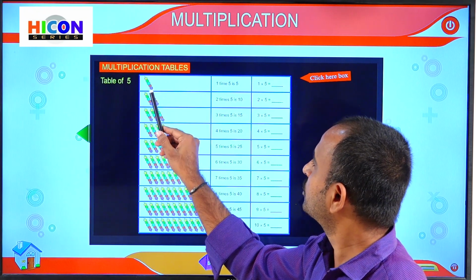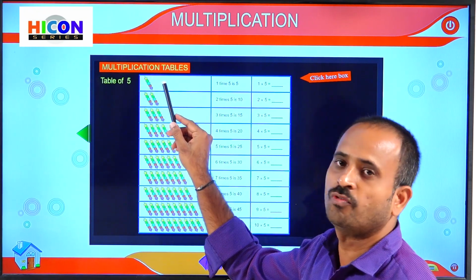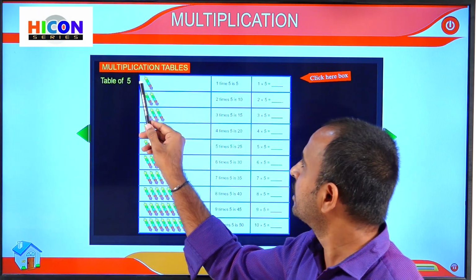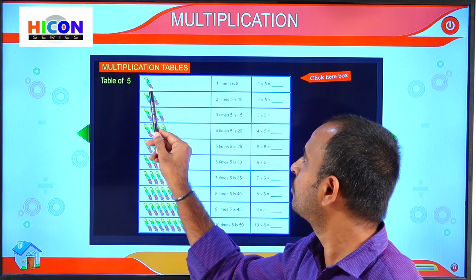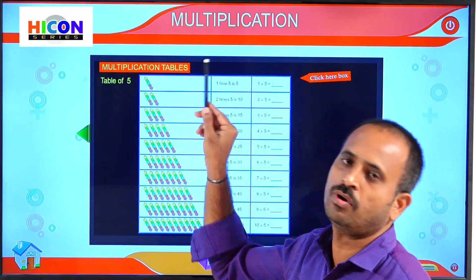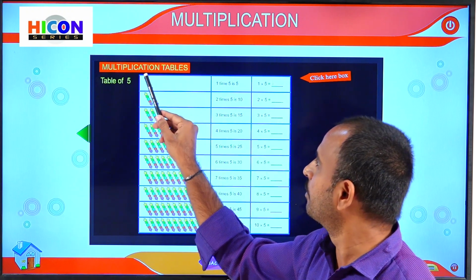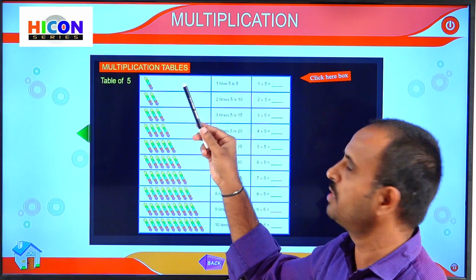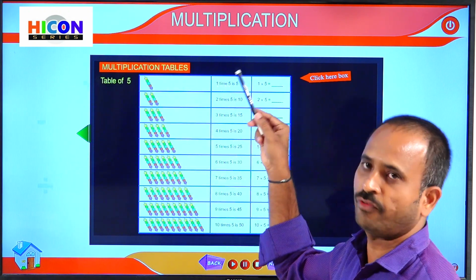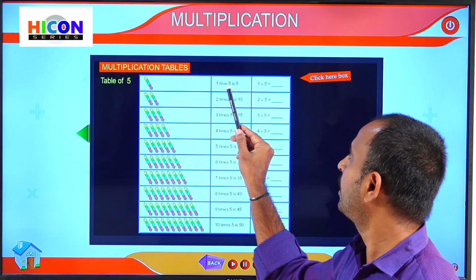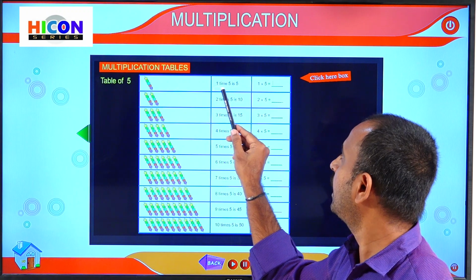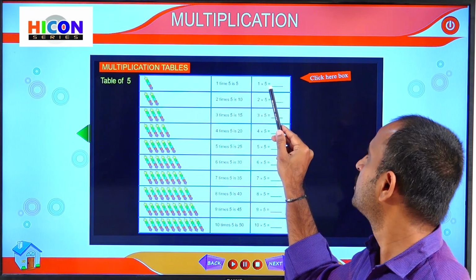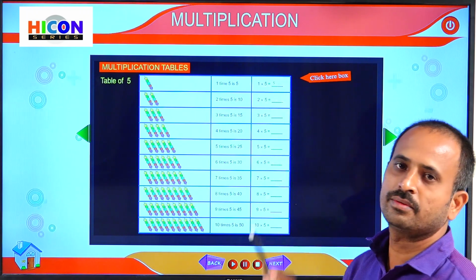So here, in the first row, how many groups of balls are there? One group of balls. And in each group, how many balls are there? Children, each group has 1, 2, 3, 4, 5. So each group has 5 balls. Children, in total how many balls will it become? There is only one group and each group has 5 balls. So that means 1 time 5. That is, 1 time 5 is 5. This 1 time 5 can be written as 1 into 5, that is equal to 5. 1 fives are 5.